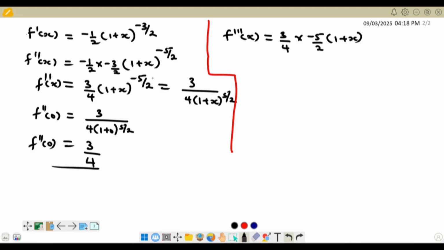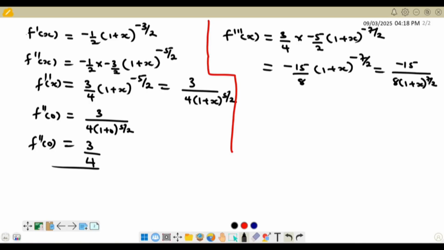We shall subtract 1 here, and that will give us negative 7 divided by 2. So this can be simplified as negative 15 over 8 into 1 plus x to the power of negative 7 by 2. But this can be written as negative 15 over 8 into 1 plus x to the power of 7 divided by 2. So this is f triple derivative of x, and we can go on and get f triple derivative of 0,